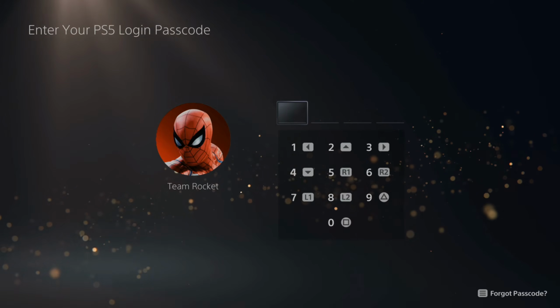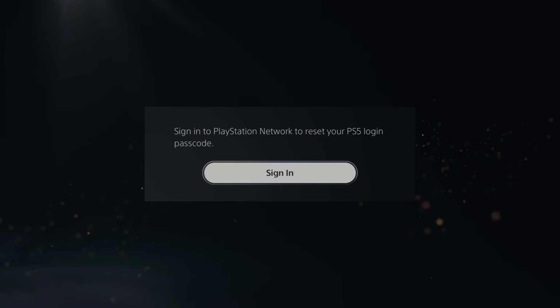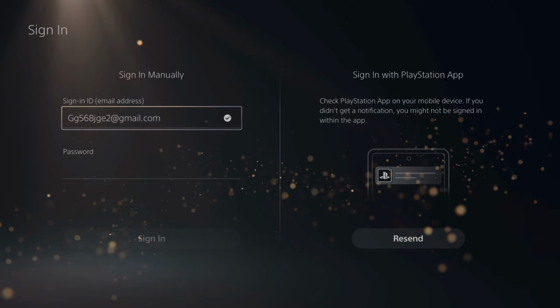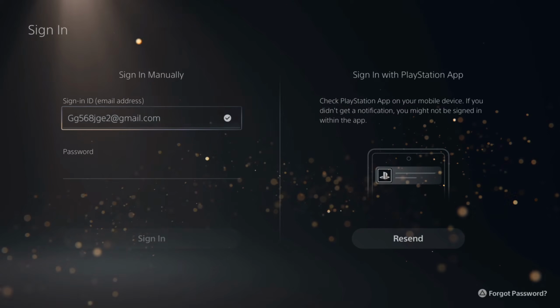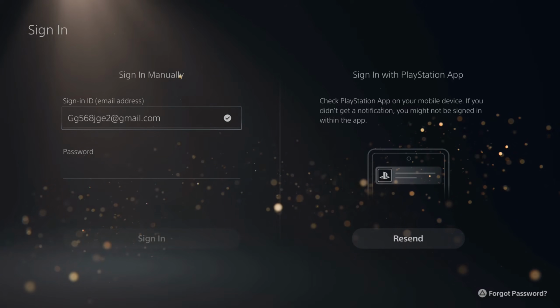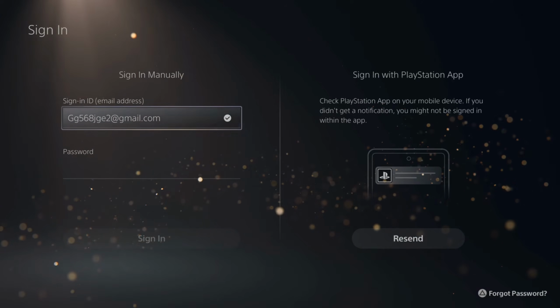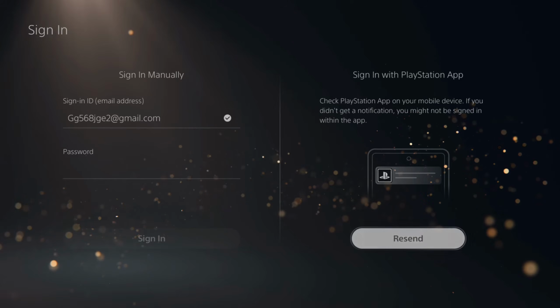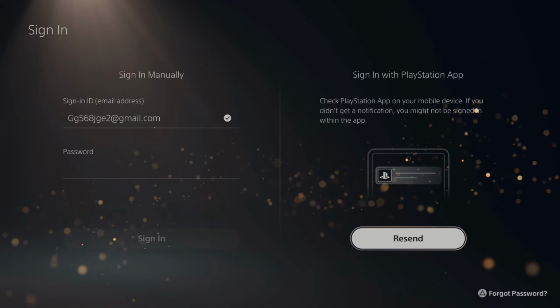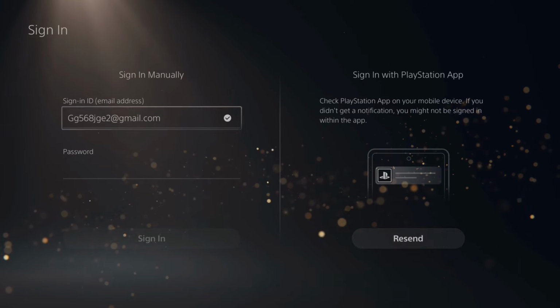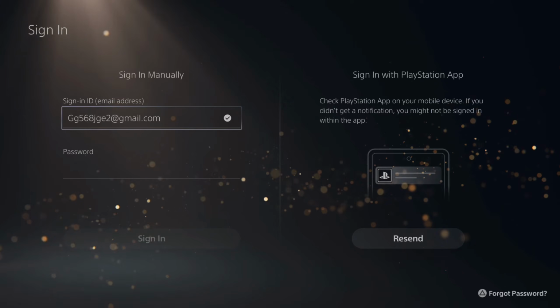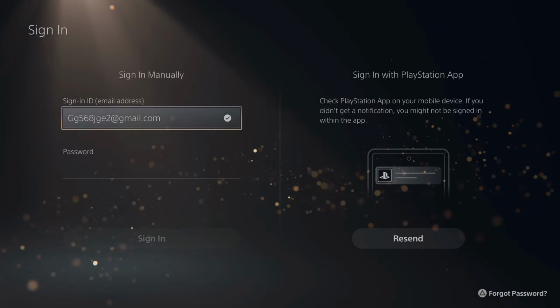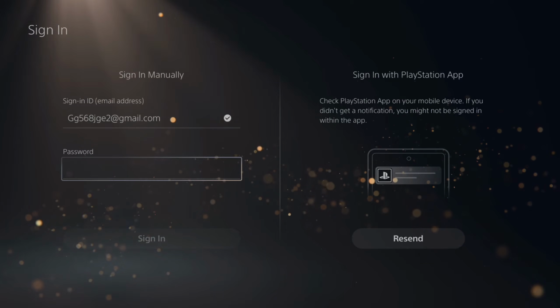If we press options on our controller, it'll bring us to this page where we have our email address on the left, or we have the option to sign in and verify our account with the PlayStation application on the right. We just have to send a quick code, press it, and sign in. On the left side of the screen though, if we have our sign-in email address and password, we can